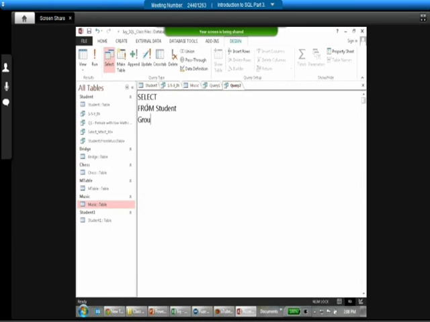Now, say select from students, group by class. If I want to see how many students there are in each of the classes, I write class, comma,